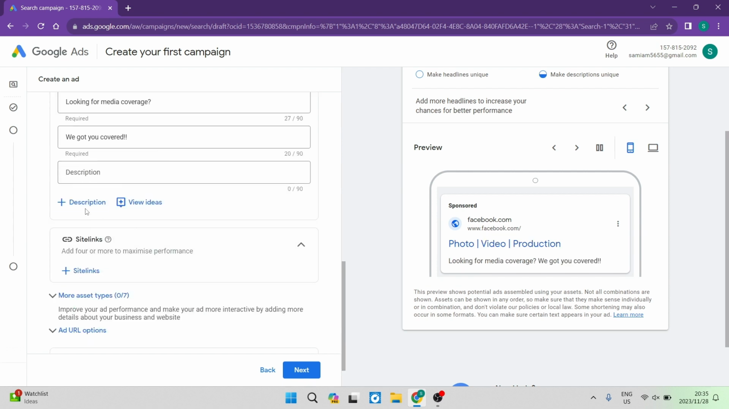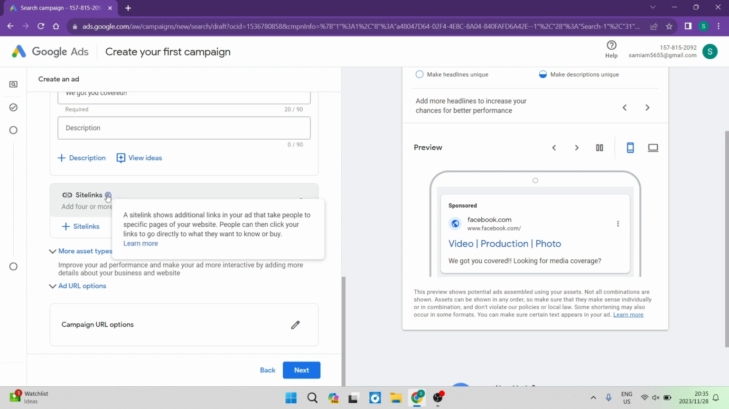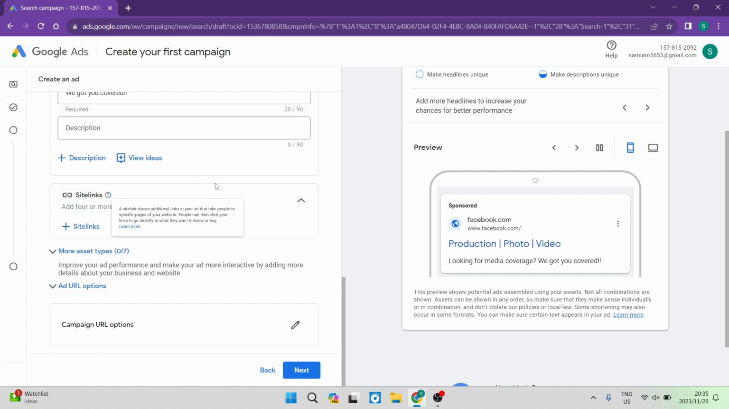You can now add some more description tabs, and you can also use that AI bot to help you generate much better ideas than what we've actually got over here. We can now go down over here, and you can add 4 or more site links to maximize your performance. It says a site link shows additional links in your ad that take people to specific pages of your website,